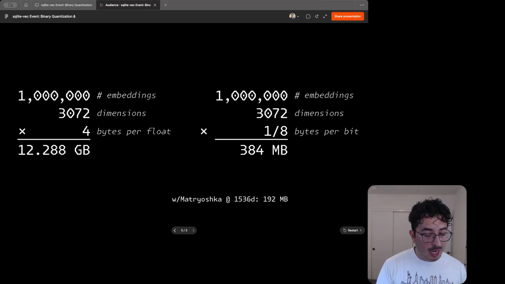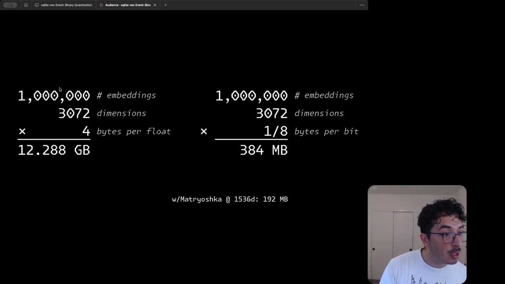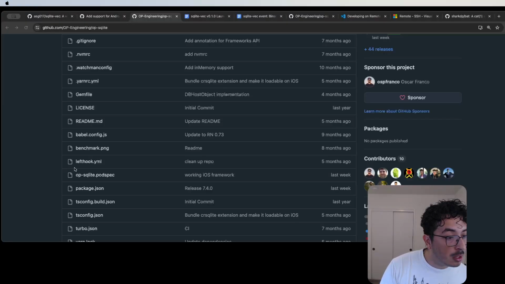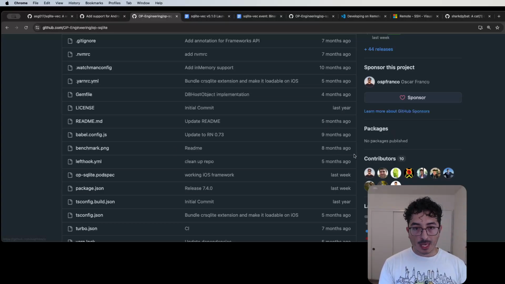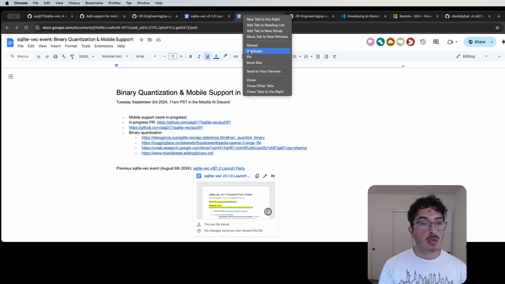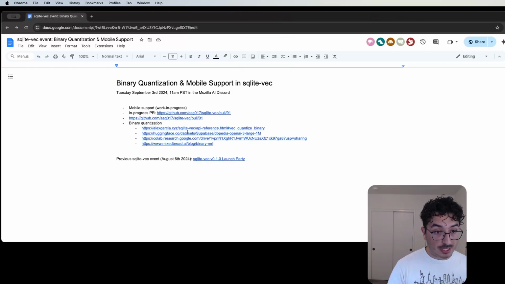So I have a sample of what this binary quantization could look like. I'm going to again change my screen. Let's change this over to Chrome. Oh, perfect. Cool. As an example of what binary quantization can help with, I am going to open up the Discord thing. Let me close my other tabs. So as an example of what this looks like,